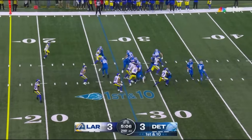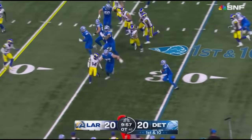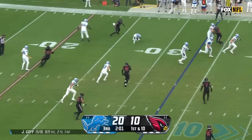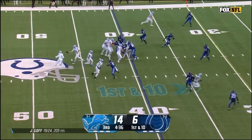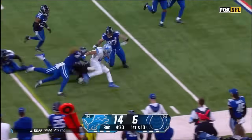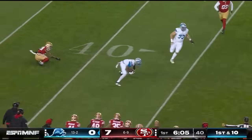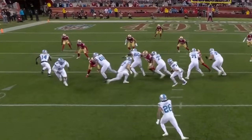And while it's cool to watch these go from least to most complex, it's kind of more interesting, in my opinion, to watch this play unfold chronologically, where you get to see it start off with just the end around, then they add layers like pulling lead blockers from the opposite side, turning it into a screen to the first running back, then to a throwback to the opposite side, then to Goff in the end zone, then to other passing variants, and then to just running it at its base again, before handing it off to Penei Sewell,